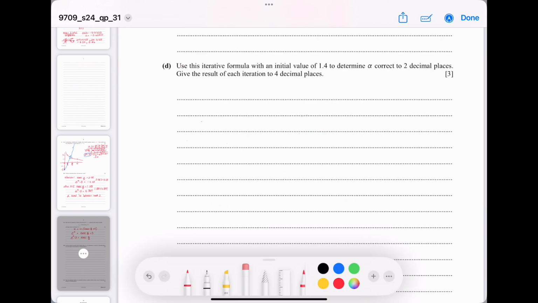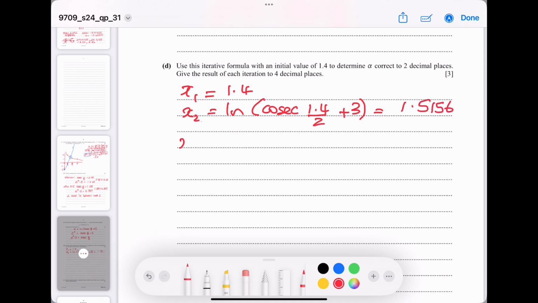So now we're being asked to use the iterative formula with our initial value of 1.4. Our first value is 1.4, so we're going to substitute that in to get our second value. So it's ln cosec 1.4 over 2 plus 3. And we're writing each of these to 4 decimal places. So x3 is going to be ln cosec 1.5156 over 2 plus 3,